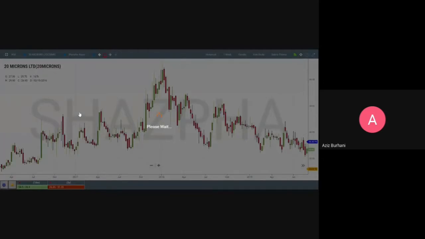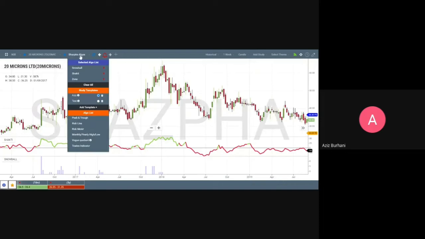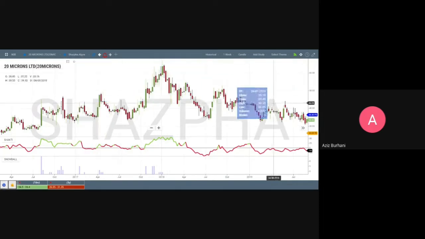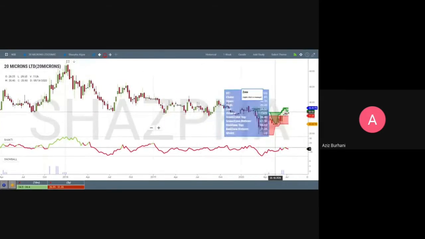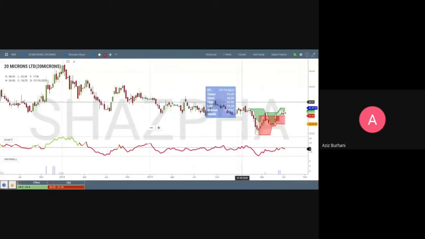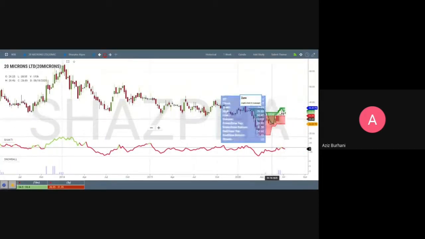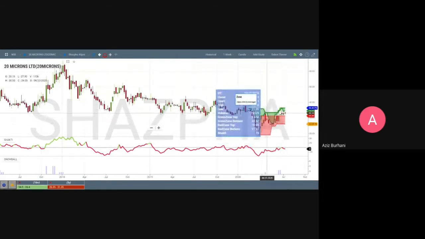If I select this test template, then it changes. Now you see it is changing to whatever parameters I've set for that template. The test template only has snowball, Shakti, and zone. That's all that it has. Zone will always be at the end of the chart. If you move the chart, you will not see zone, unlike peak and trough, because the chart will always have a peak and trough, but the zone will always be towards the end of the chart, wherever the chart is ending. That is where you will see the final prices and the zone.